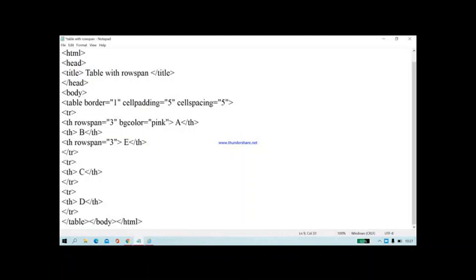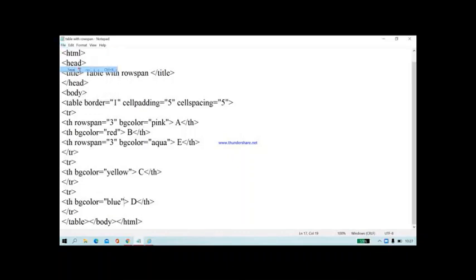So now I am inserting bgcolor pink for A, then bgcolor red for B. Different colors I am using. bgcolor aqua for C, bgcolor yellow for D and bgcolor blue for C and bgcolor blue for D.